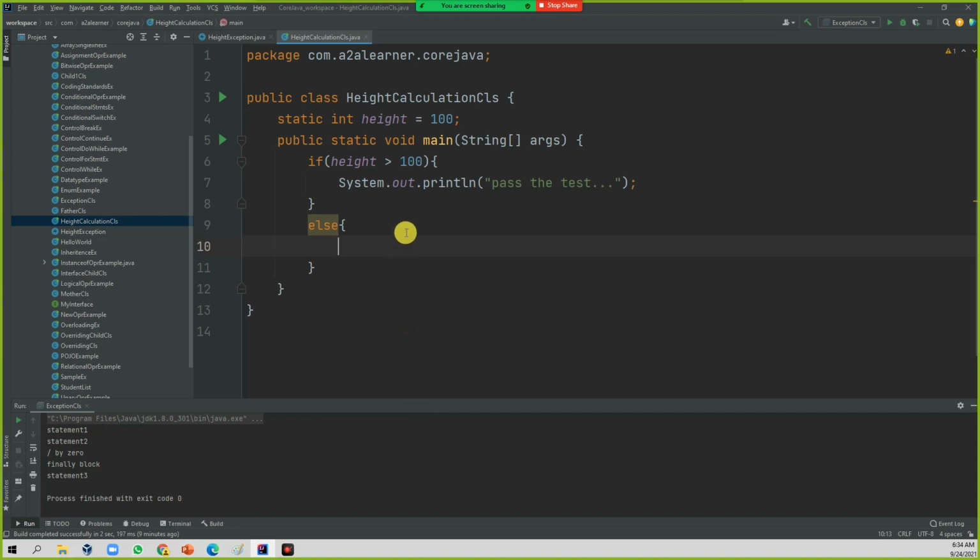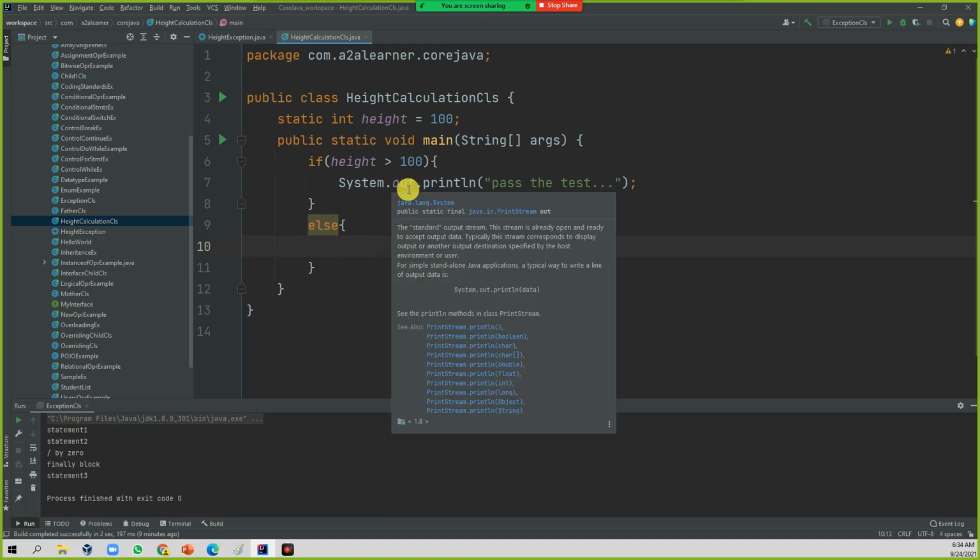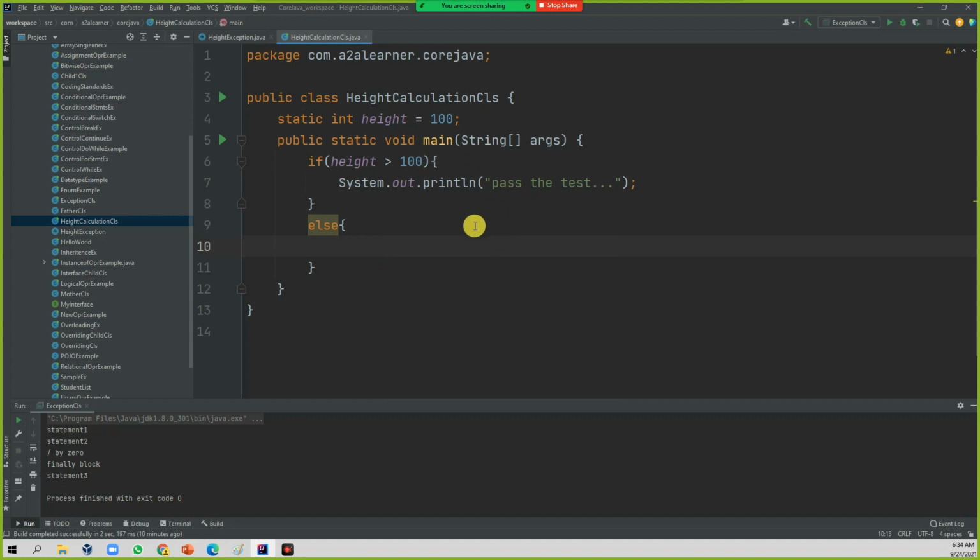What is the difference between throw and throws? Throws means you are not going to handle that exception. It's simply handing it over to whoever is the caller. In this scenario, whatever logic you write, let's separate it into a separate method.